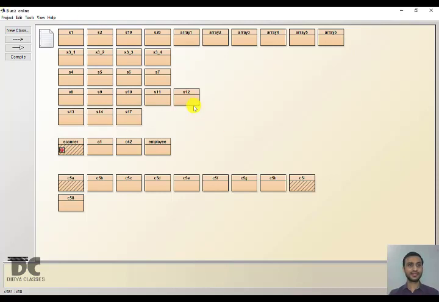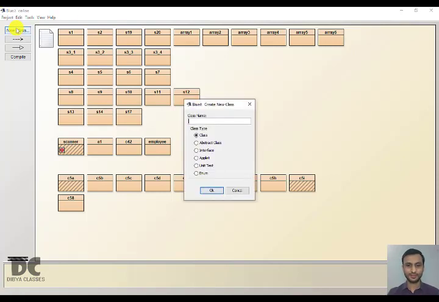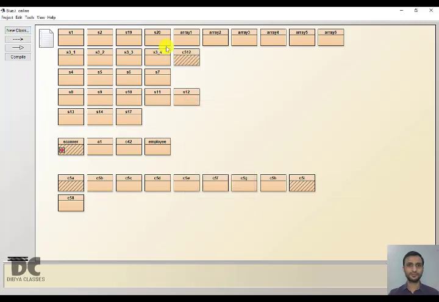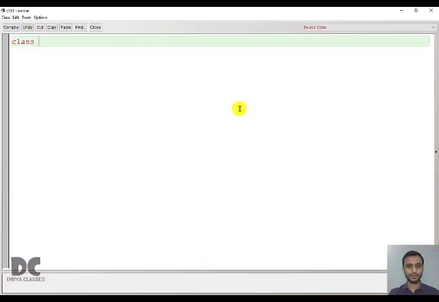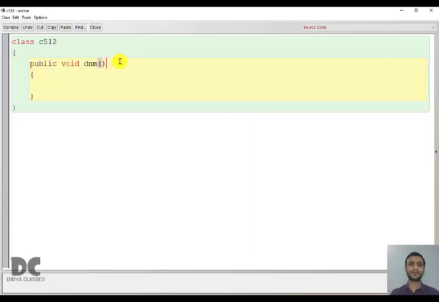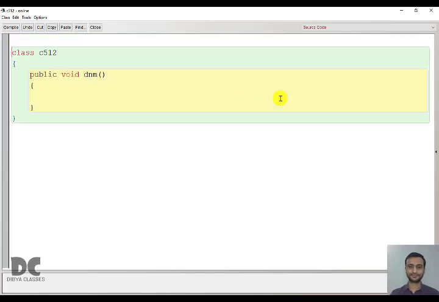So first we'll create a class C512, chapter 5 question number 12, class C512, public void DNM. Let us do this program using the Scanner class.